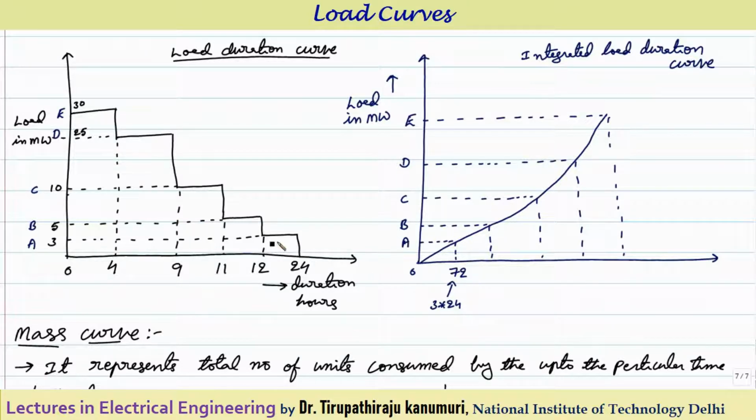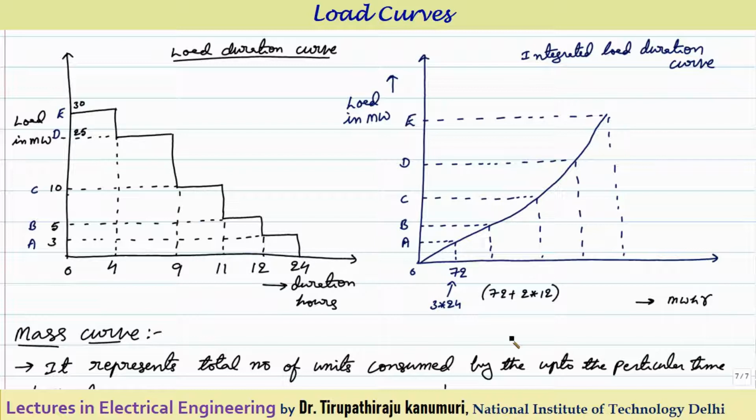So up to 72. This particular 3 megawatt, if you are running, is producing an energy of 72 megawatt hour. So this is in megawatt hour. Now for the duration of 4, how to calculate this one? This one can be obtained by 72 plus the difference between these two. That means we have to take the area of the second rectangle. The width of this second rectangle will be equal to 5 minus 3, which means 2. And for how much duration is it lying? It is lying for 12 hour duration. That means this will be equal to 72 plus 2 times 12.